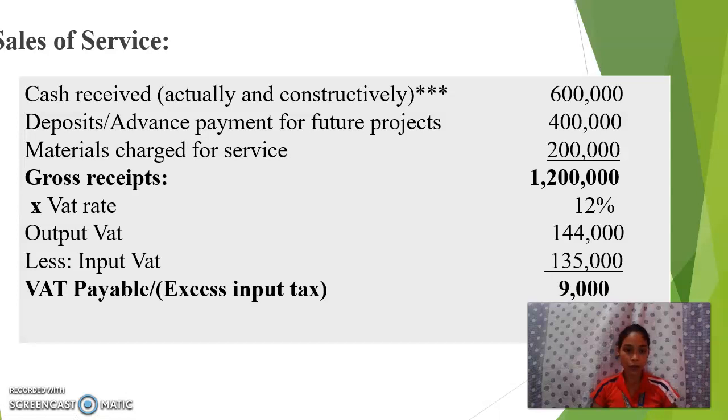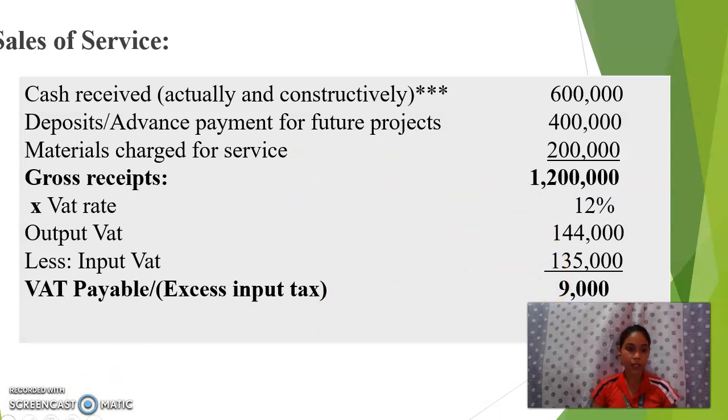So input VAT means the VAT which is included in the price when you purchase VATable goods or services for your business. So input VAT amounted to 135,000. So the total VAT payable or the excess input tax is